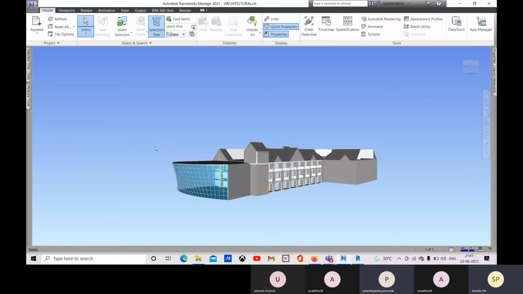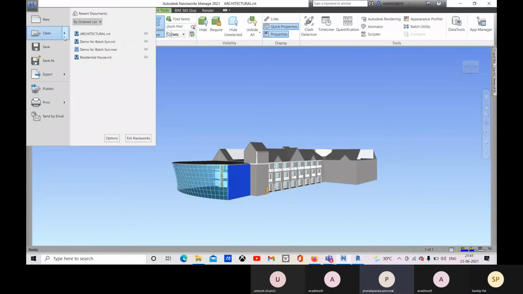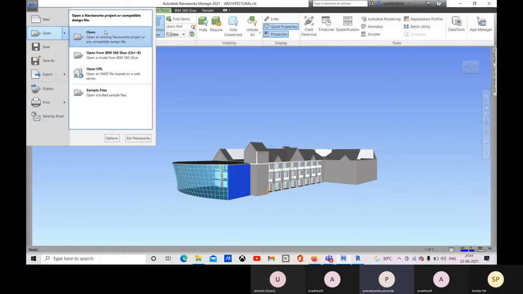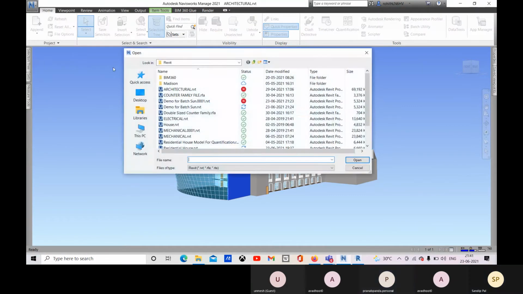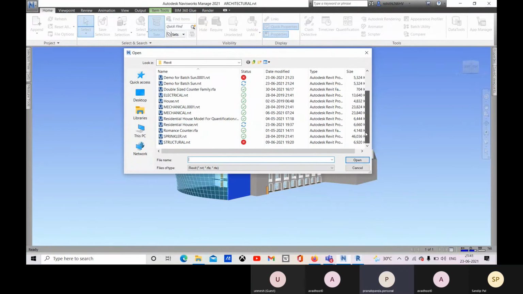When you're selecting any file from Navisworks, when you select open a file, in the status bar there was a cloud sign. What was that?